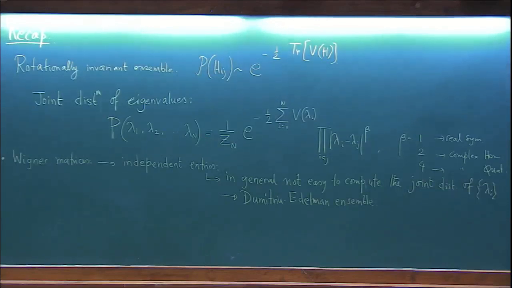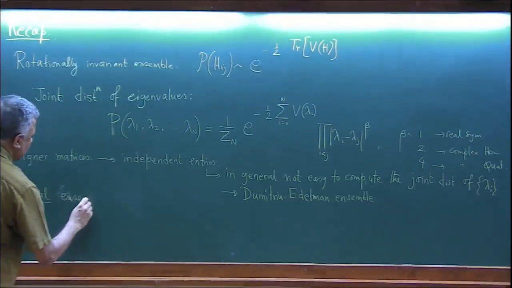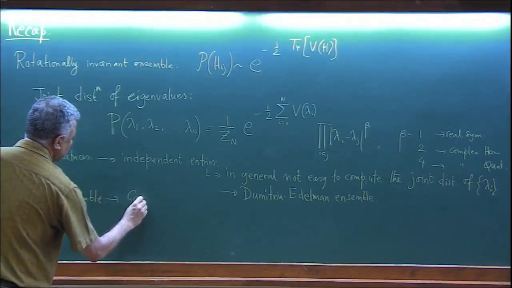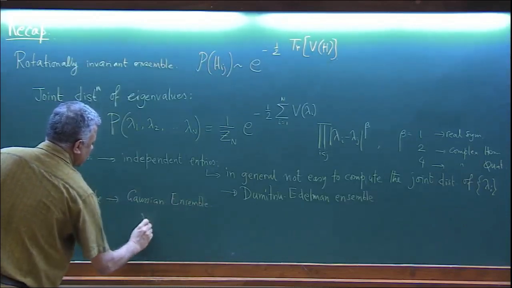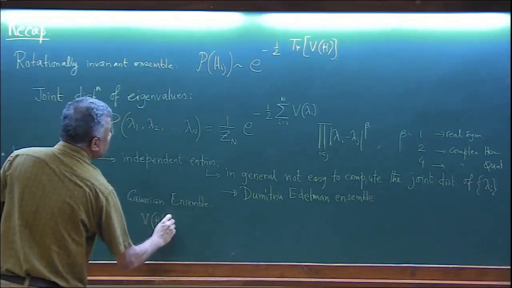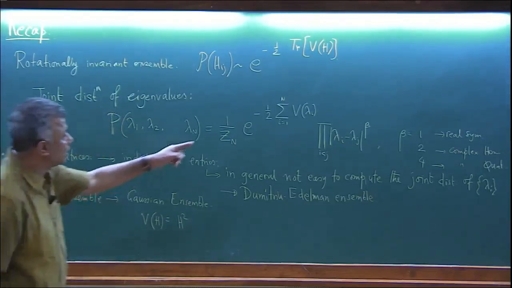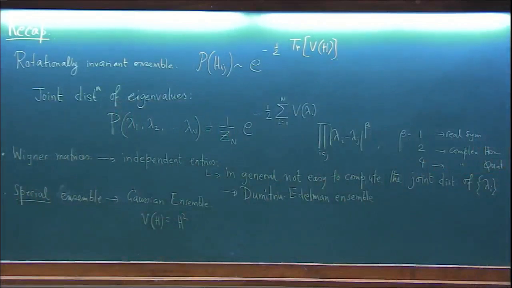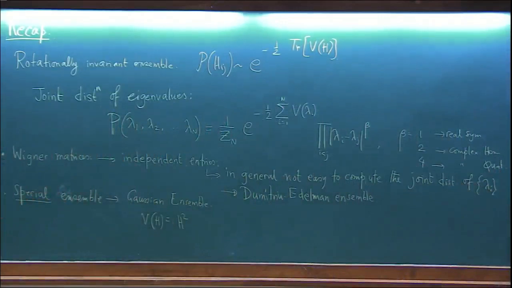We also said that there is one special ensemble, which is the Gaussian ensemble, where V of lambda is just lambda square. So here you have lambda i square. This is the only example which is both rotationally invariant and a Wigner matrix. That means you can choose the entries independently from a Gaussian distribution, of course making sure that the variance of the diagonal ones is twice the variance of the